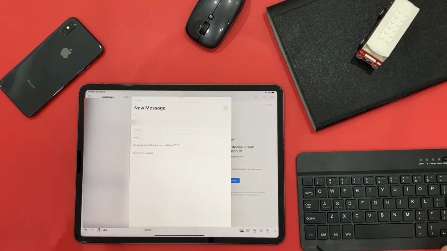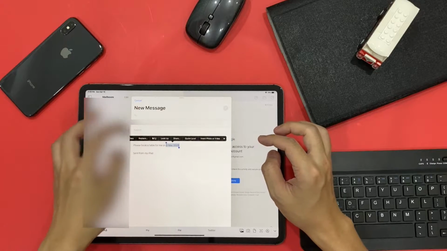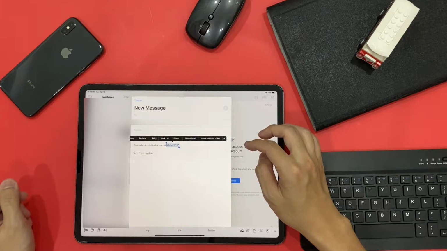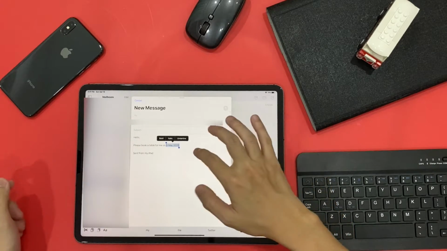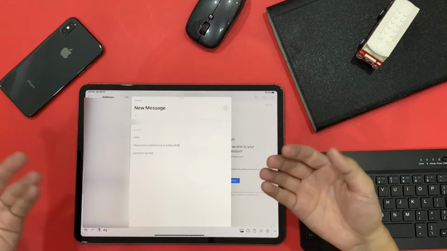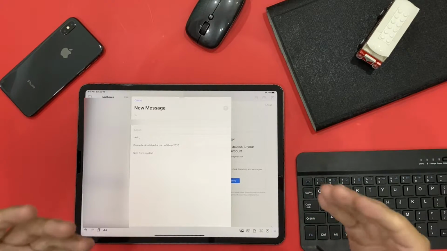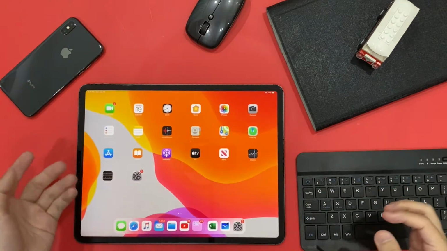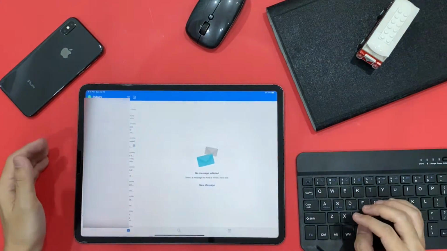2020." The problem they face is that when they want to highlight this, you can see there is no option for them to highlight. They can either choose bold, italic, or underline. No highlight option, nothing. Besides the built-in app, even if you download the Outlook app,